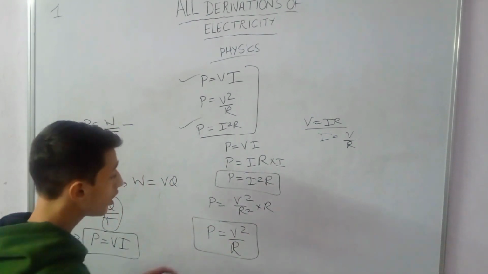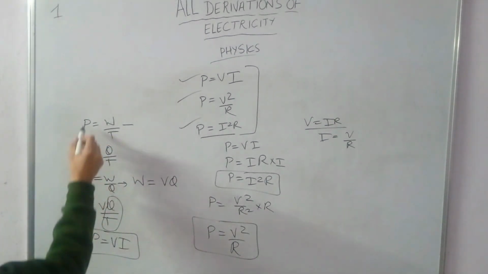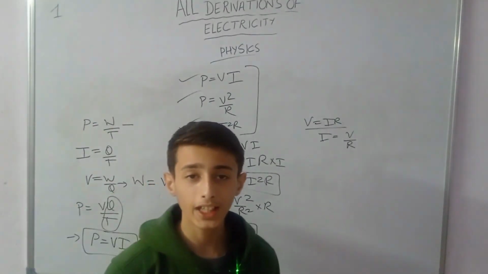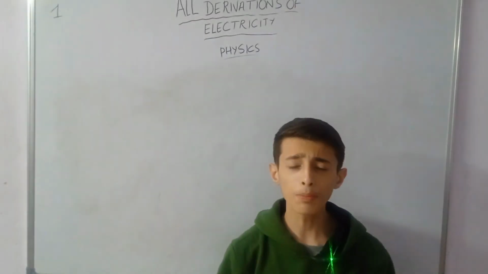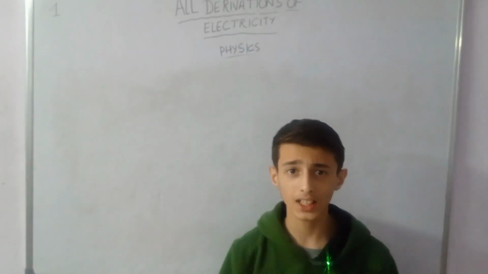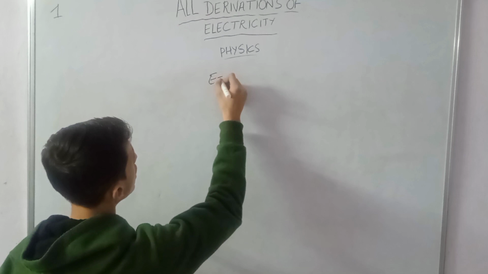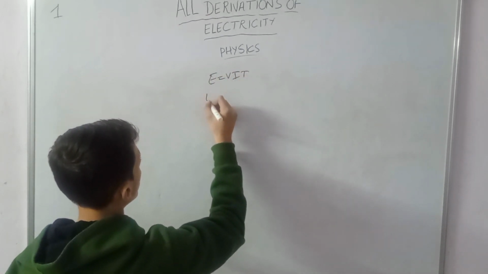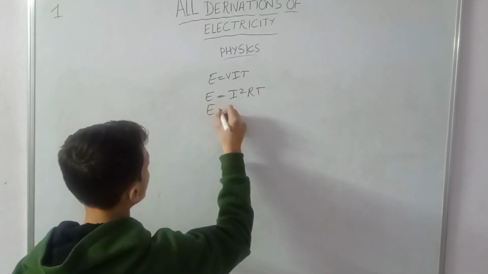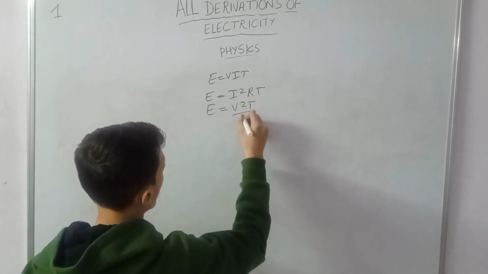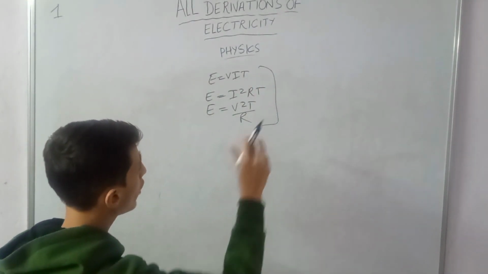Okay. Now all the three formulas of electrical power have arrived, and this is the full derivation of the electrical power formula, that is P equals VI, P equals V square upon R, P equals I square R. Now I will prove the fifth formula, that is of electrical energy. Okay, and electrical energy has three formulas, and they are E equals VIT, E equals I square RT, and another, that is V square T upon R. And this is the last formula. Now I will prove all these three formulas.